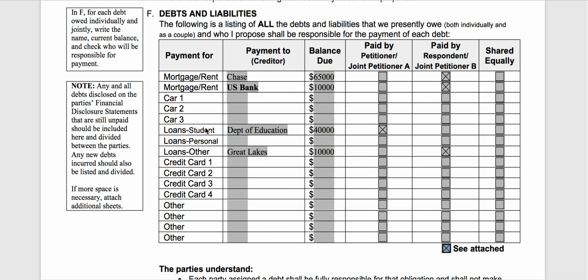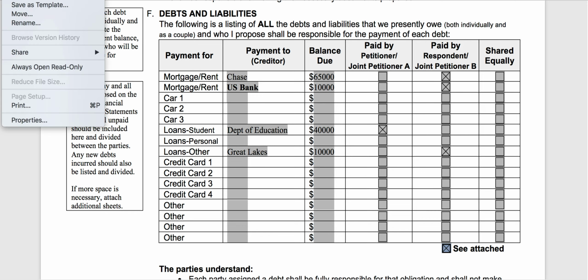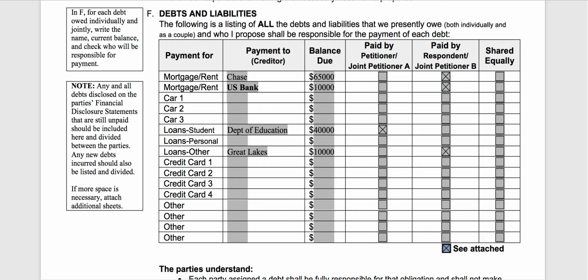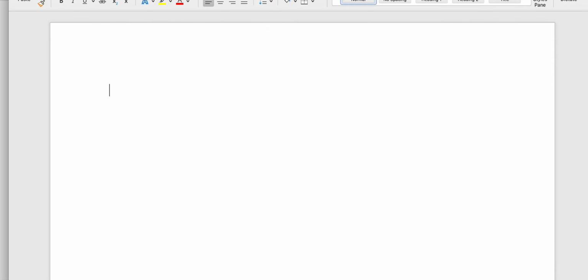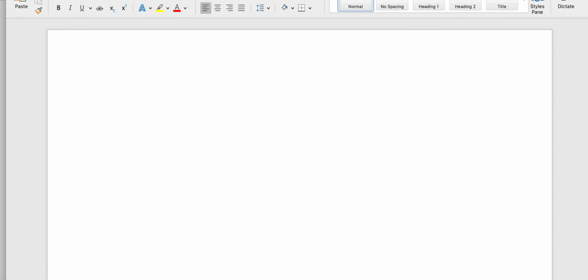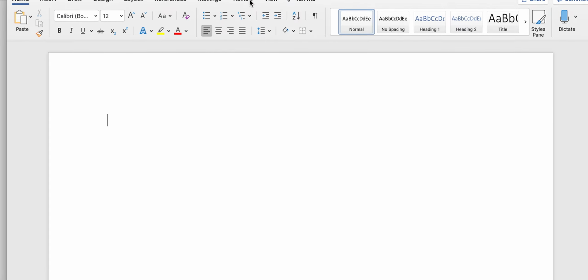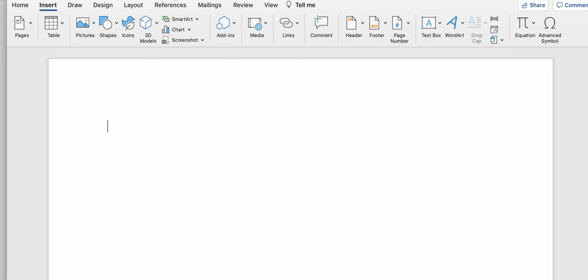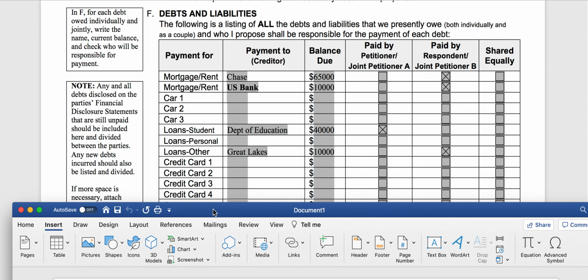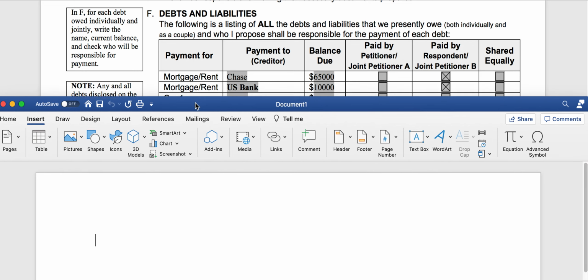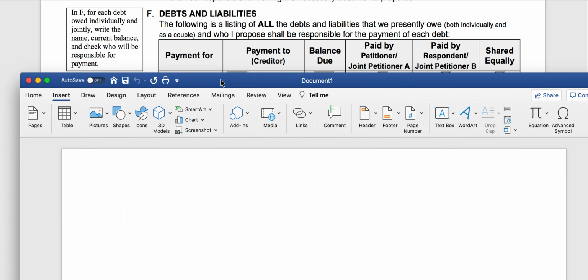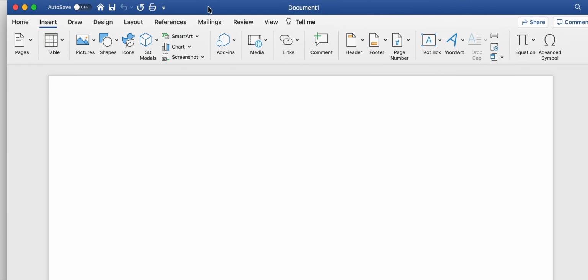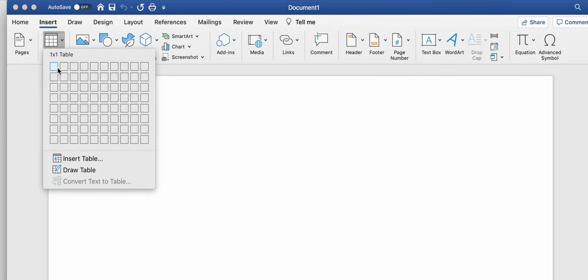And what you can do is pull up a new Word document, like the one I've got pulled up here. You can go to Insert, and I'll scoot it down so you can see what I'm doing. You can insert a table. And you can see here, it's got payment 4, payment 2, balance due. So I would usually do just a table with four